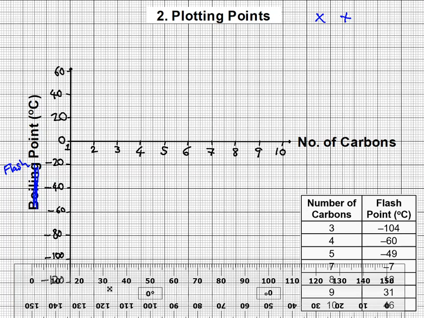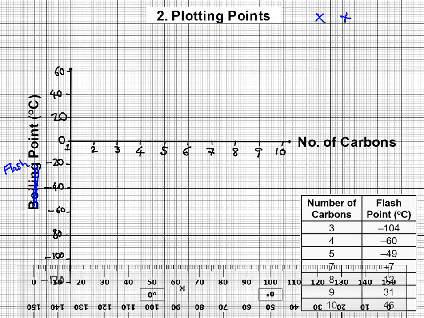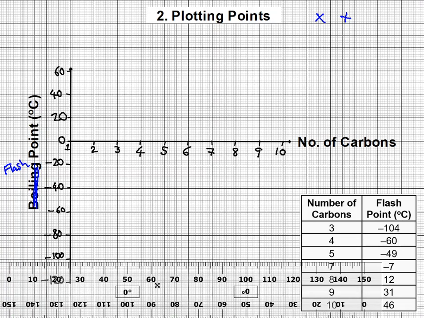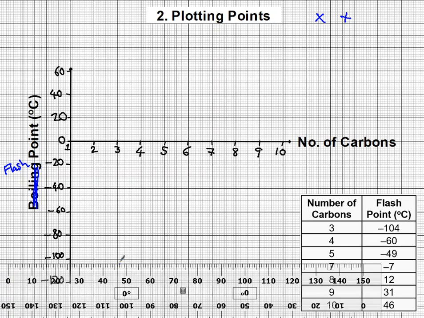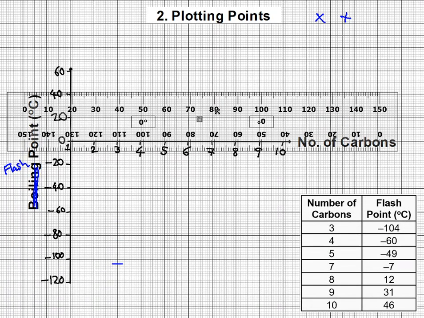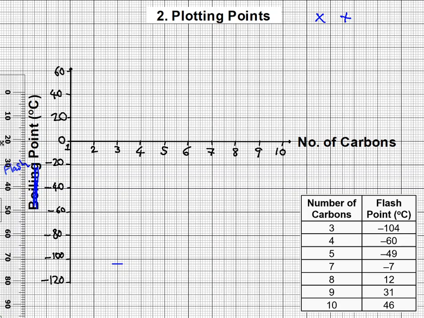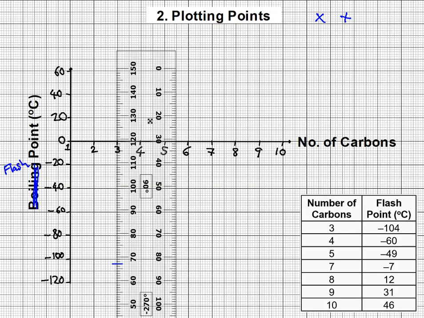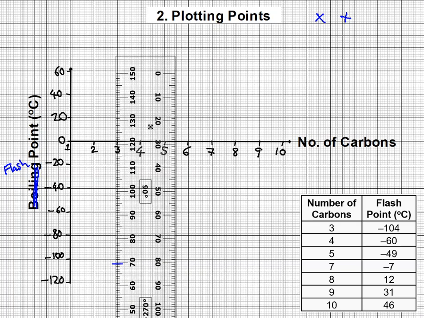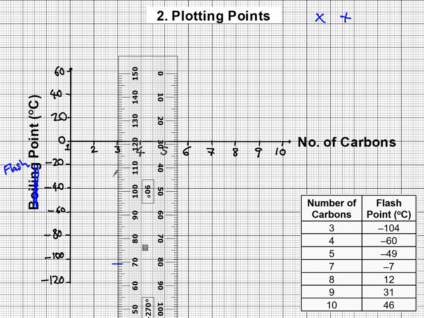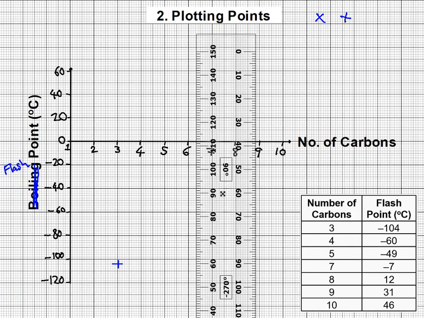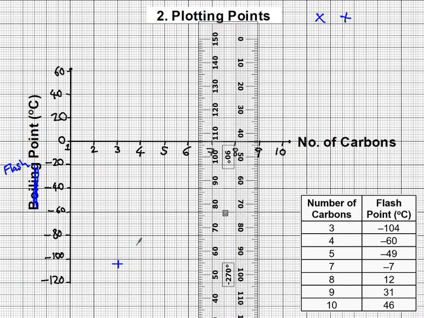So I can go to here and find myself on -104, so that is 2 squares down, and I'm going to come across the point when I want 3 carbons, so it should be something like that. -104, and then I just rotate my ruler, get exactly where I want it, and again I stick it where 3 carbons is. And I can finish off my line there. This is ever so slightly off because of the resolution, but that's how you do it,